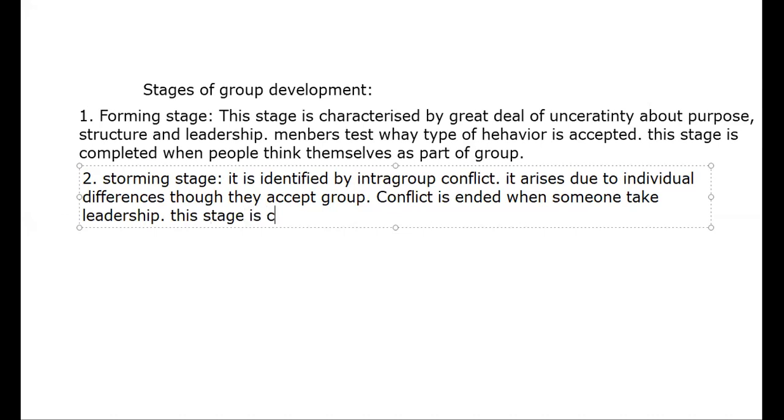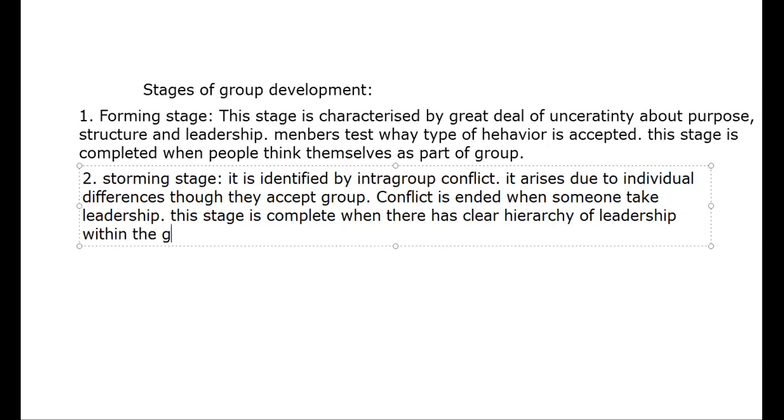This stage is complete when there is a clear hierarchy of leadership within the group. একটা গ্রুপের মধ্যে যখন ক্লিয়ার হায়ারার্কি অফ লিডারশিপ থাকবে তখন স্টর্মিং স্টেজটা কমপ্লিট হয়ে যাবে।